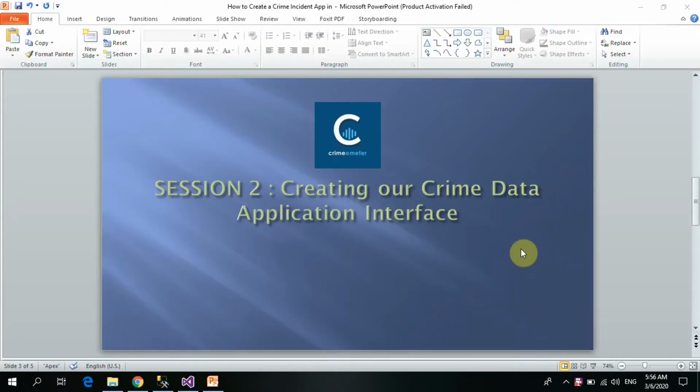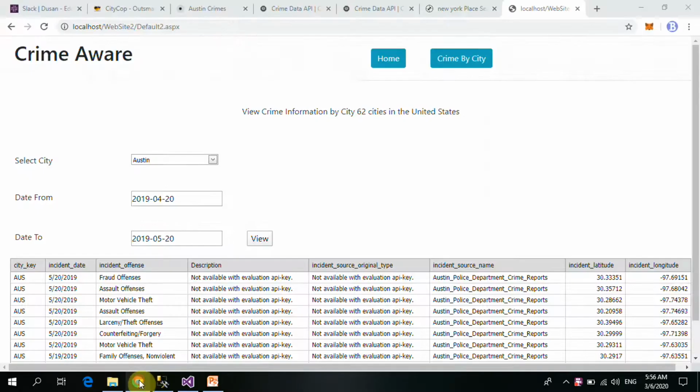Hi, welcome to session 2 on this video series on how to create a crime incident app in C# using the Crimeometer API. My name is Ayuba Ojanokwamuazu. Now in this session 2 here, we're going to create our user interface which will conform to what we have here. So we're going to create an interface called Crime Aware, and then we'll have home and then crime by